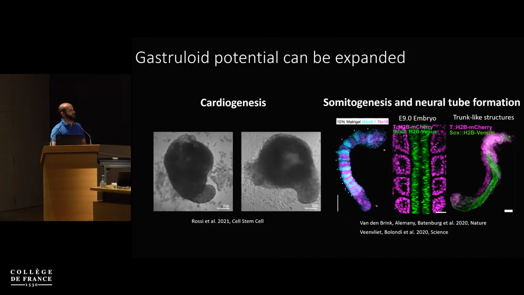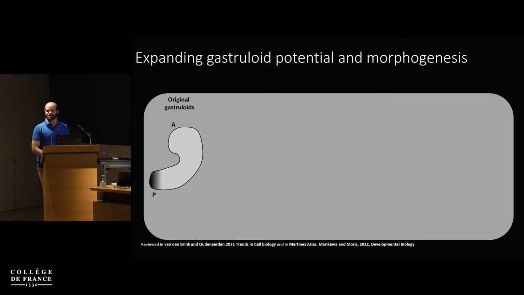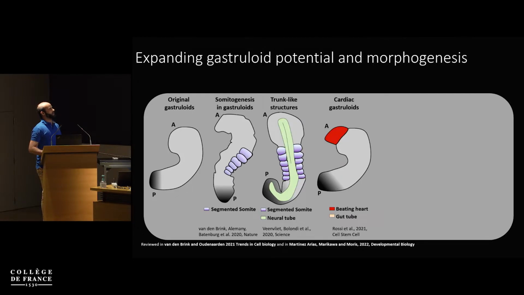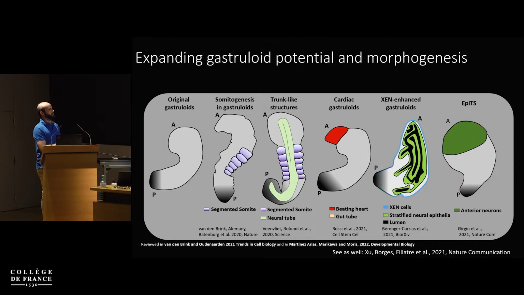So somites and neural tubes, and I don't want to spoil too much of his presentation. Basically the idea is that gastruloids are able to form complex structures, and we can extend their potential, and other examples of that have been shown before. And an alternative structure will probably be presented later today also by Christine T, so I'm super excited about these presentations.